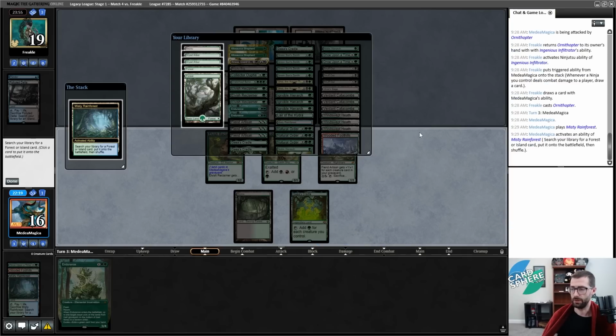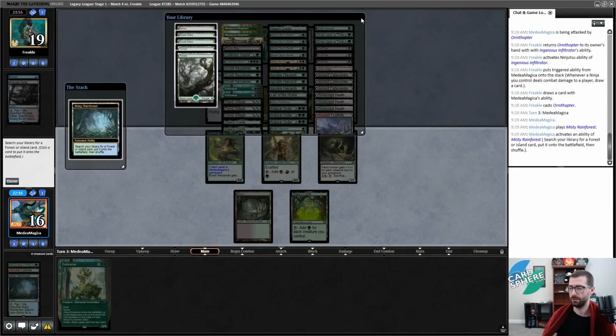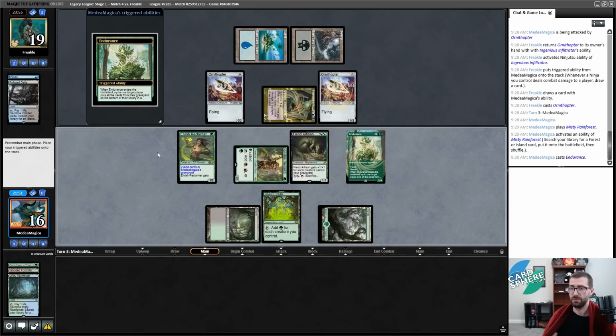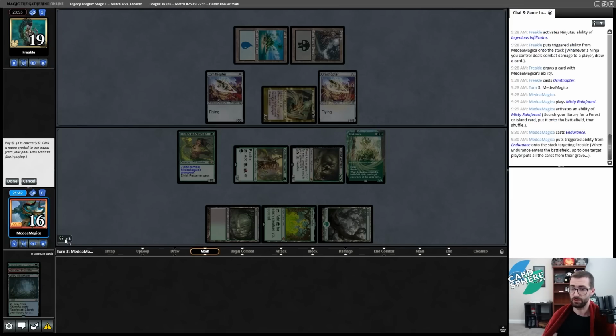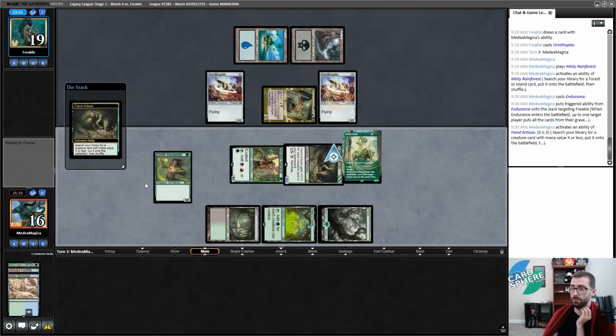I'm thinking about whether or not I want Dryad Arbor. Because I can play Endurance and then activate a Fiend Artisan, and that's a pretty good turn. I'm just going to do that. We will just sorcery speed this Endurance so that I have a good blocker. Then I've got a Fiend Artisan activation, which can now be for X is 3. We'll sacrifice a